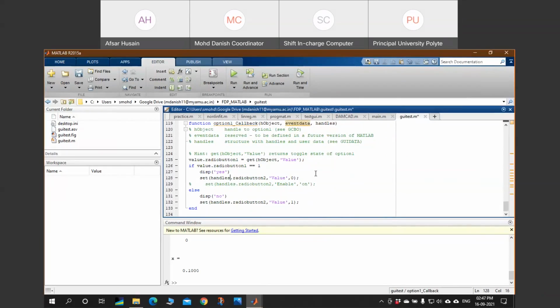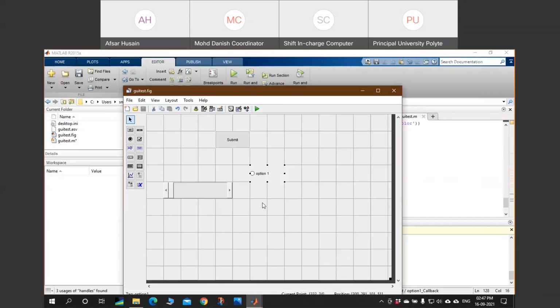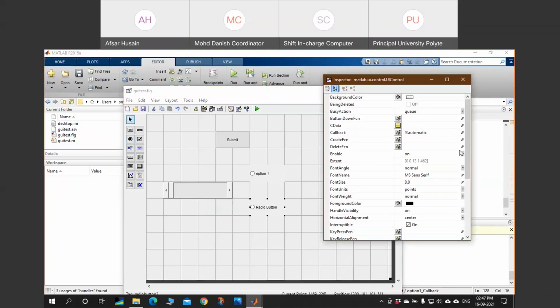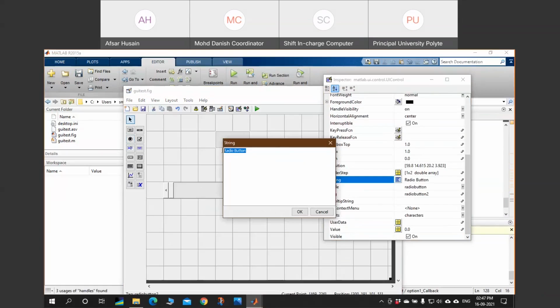Let me provide another option also to make it more useful. I'm providing another option over here. Again, name it, say it is option 2.